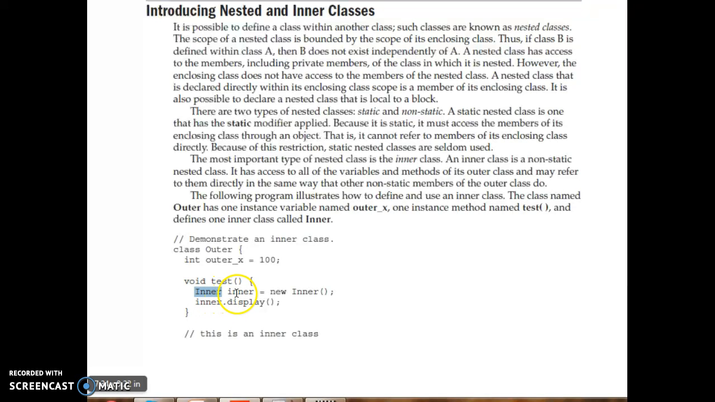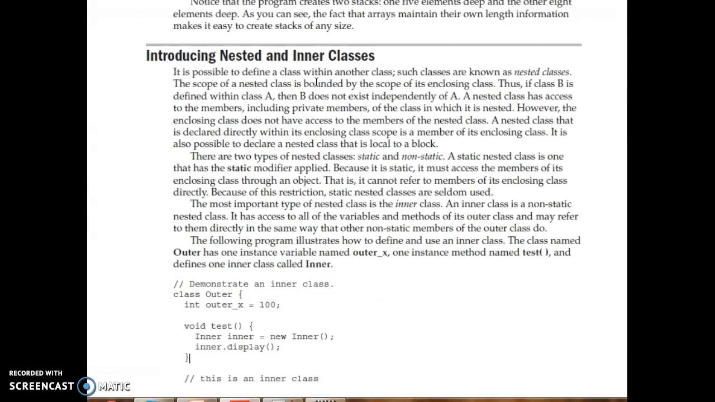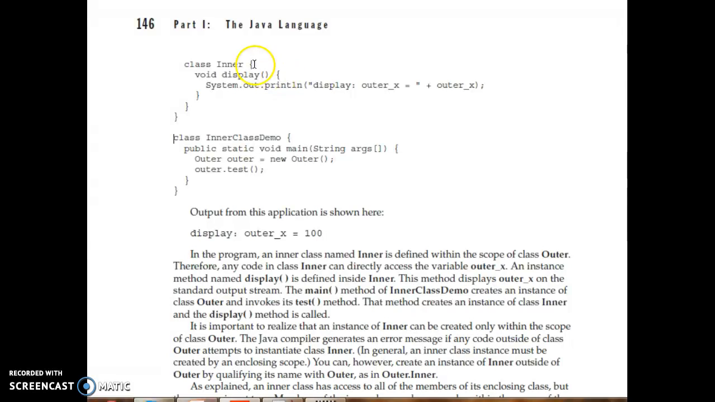So here only I am creating the object: inner is equal to new inner, and by using that object inner, I am accessing the display method which is present in the inner class. The inner class I have defined here, and the display method is there. Here I am accessing the outer value that is there in x. So the inner function can access the outer value. The outer x value is 100, and we are accessing it in the inner class,